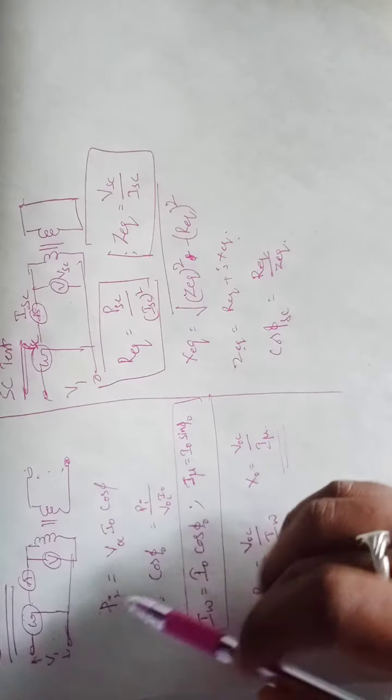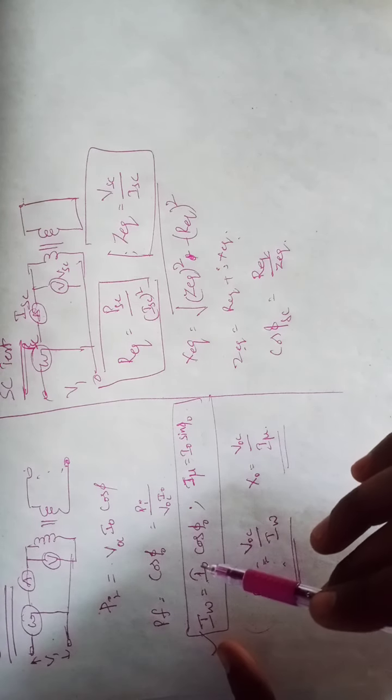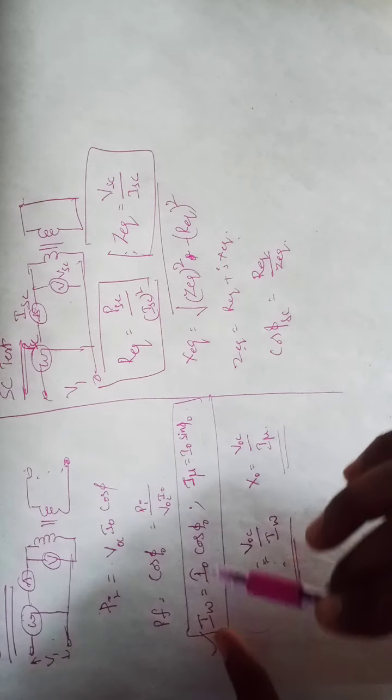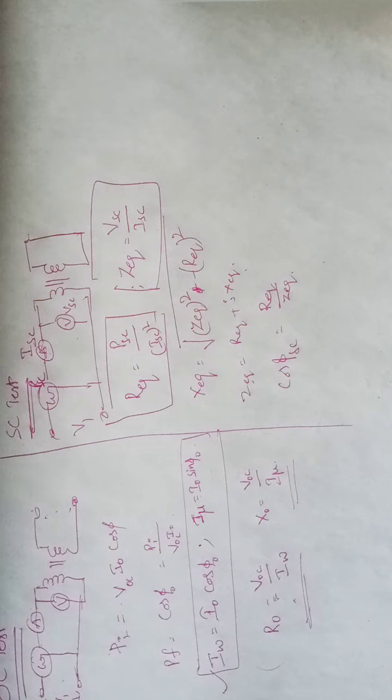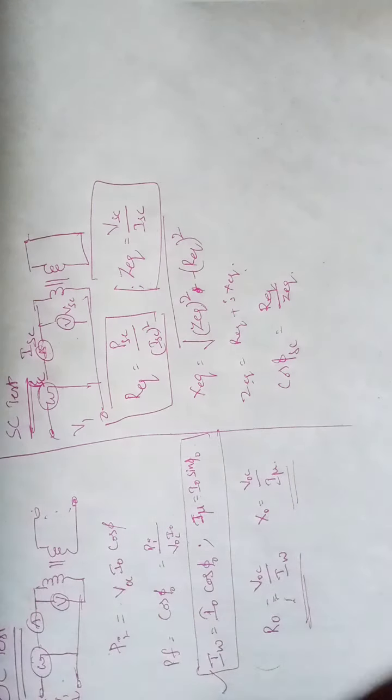Here also, similarly, you can find the power factor and the I naught component, which is a combination of the I_W and I_mu components, extracted from the I naught component, so that R naught and X naught are given. So these are the things we do on the transformer: we perform the tests and get the outputs of the OC and SC tests.